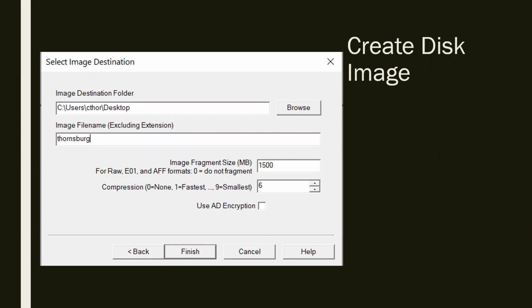By default, FTK Imager will break the image down into 1,500 megabyte fragments, these really large files. We're not going to have that because our drive is obviously smaller than that. And then it also has the ability to compress our images. The default is 6, which is a fair amount of compression, but we don't have to worry about data loss. And then we see that checkbox. If we wanted to encrypt this image file, we would check that. There's no need to do that in this case. And if we click finish,